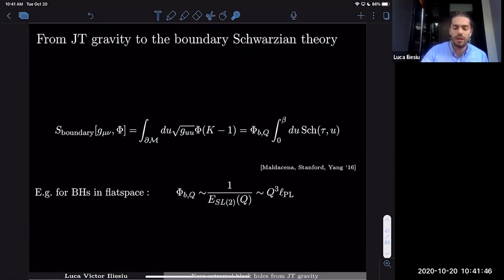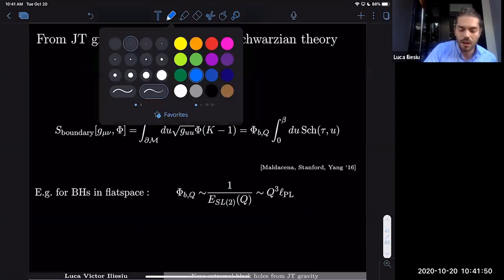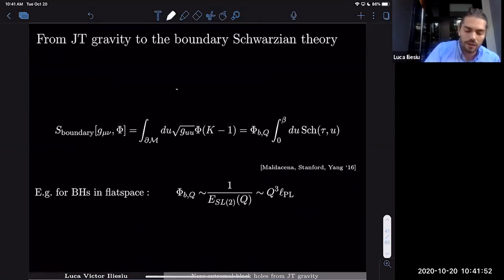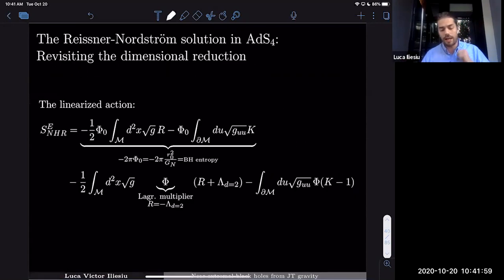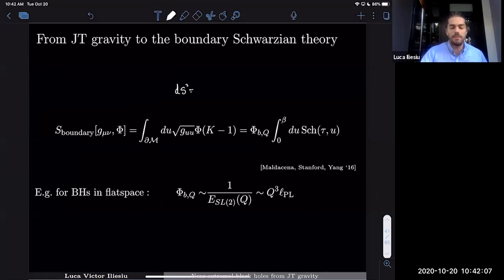The thing that I can do is, for instance, I can choose Poincare coordinates for the AdS2 region, because now I know that integrating out phi imposes that the space is AdS2 even at a quantum level. So we can write ds squared as dz squared plus d tau squared divided by z squared.